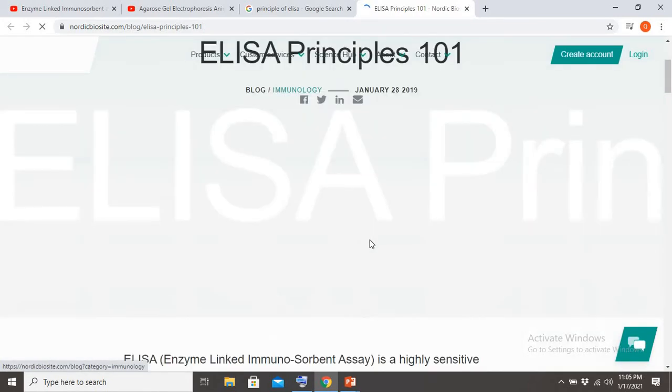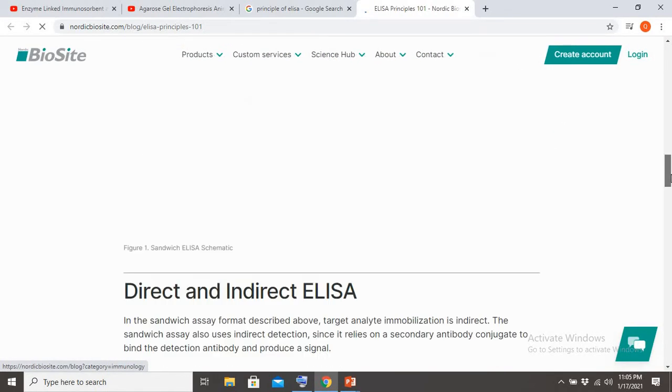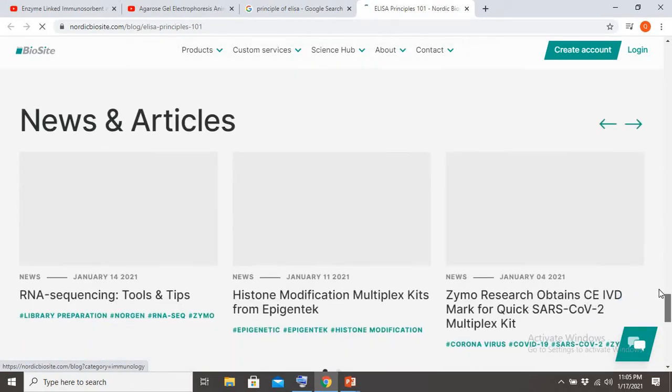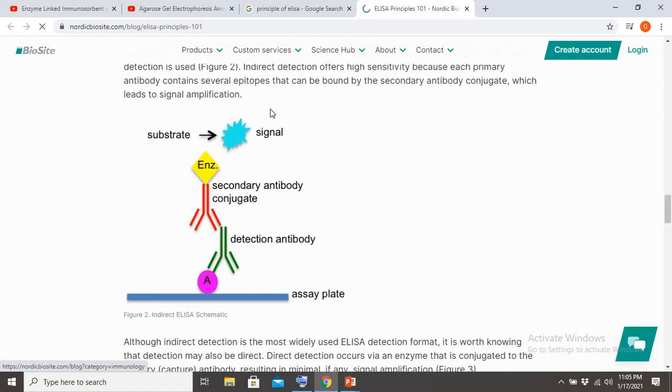And what is this ELISA? ELISA is enzyme linked immunosorbent assay. So we are seeing first what the principle of this assay is, and how we can find out the concentration of any protein in any fluid by utilizing this assay. So what is the principle? The principle is that if you have blood, for example, which is your body fluid, and this blood has protein, you add it to one of the assay plates.